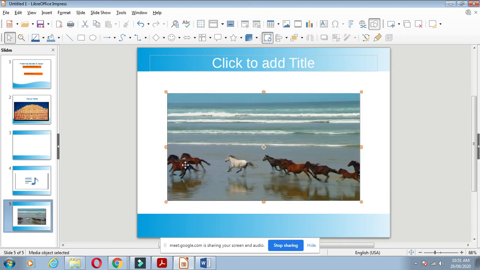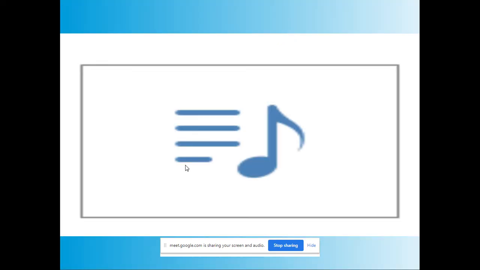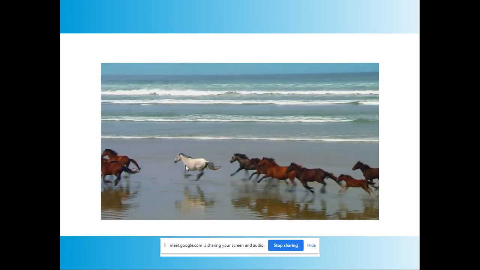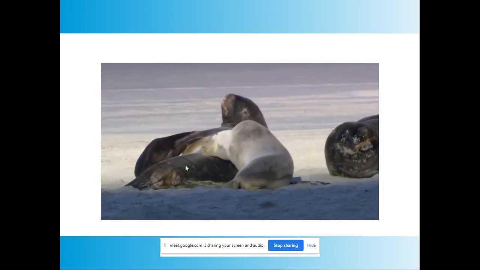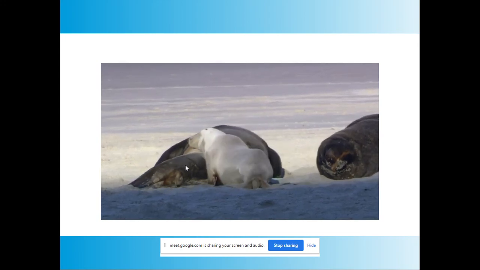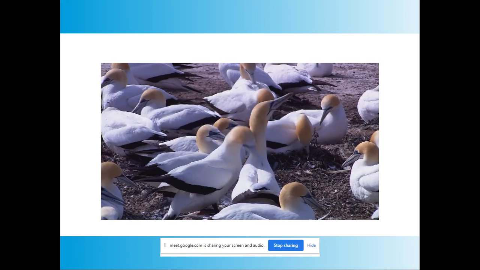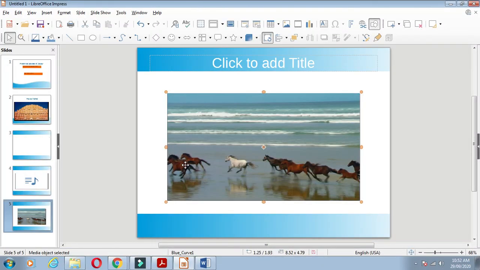The same way, if you press the F5 button and you go, you can add the different videos, audio files, again text, modify the text, giving the animation to the text, a different picturization you can add.